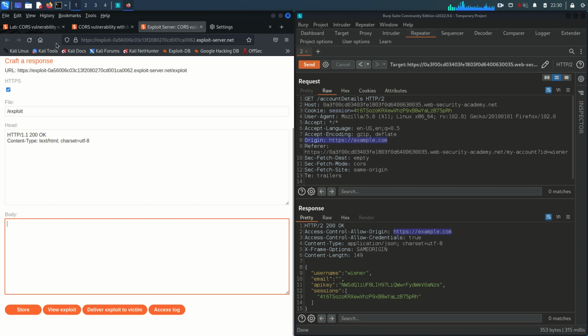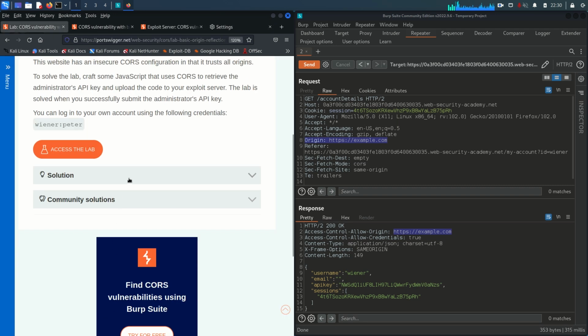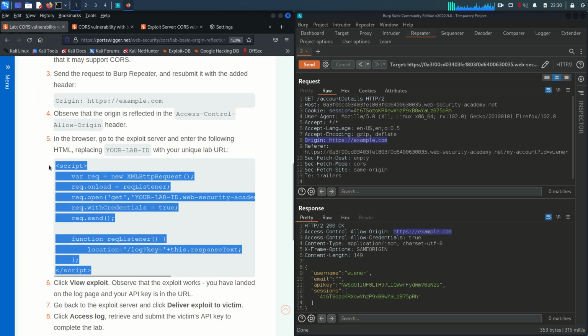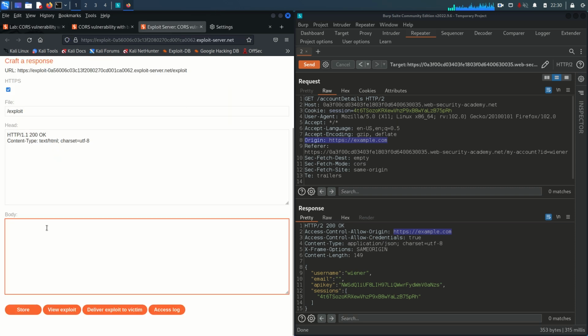So to save the time, you can directly copy that script from the solution, so I'm just going to do that to save the time, and we need to just